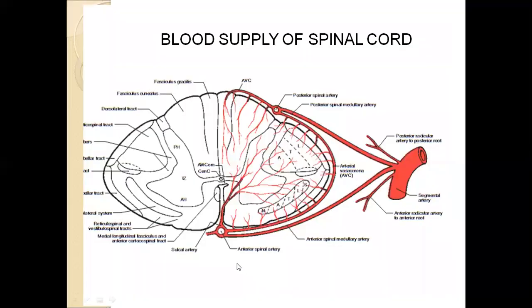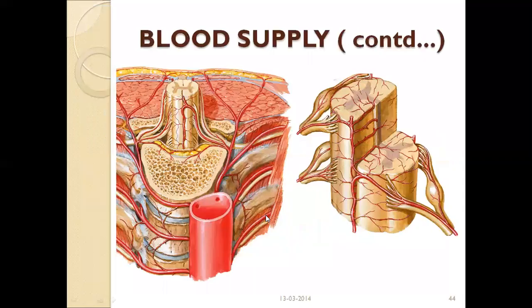Okay. Now you can see here, this is the anterior spinal artery. You can see how it is going into the substance of spinal cord, ramifying and supplying it. Okay, so these are the segmental arteries. We have the anterior spinal artery coming as one of its branches. Posterior spinal arteries, I told you we have 2 in number. They are also coming as branches from the segmental arteries.